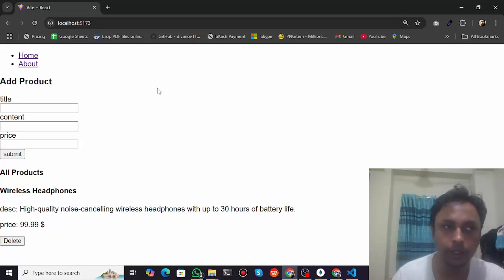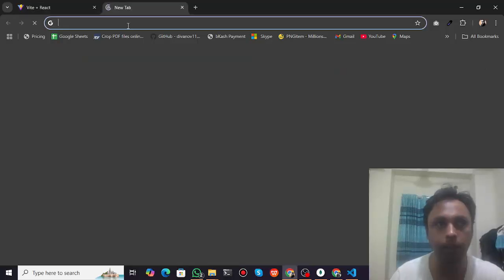Now this UI is actually looking very terrible. So what I'm going to do is install Tailwind CSS for now. We're going to change some styles in this tutorial, and we'll cover the next parts in the upcoming videos. So let's go to the official site of Tailwind CSS,